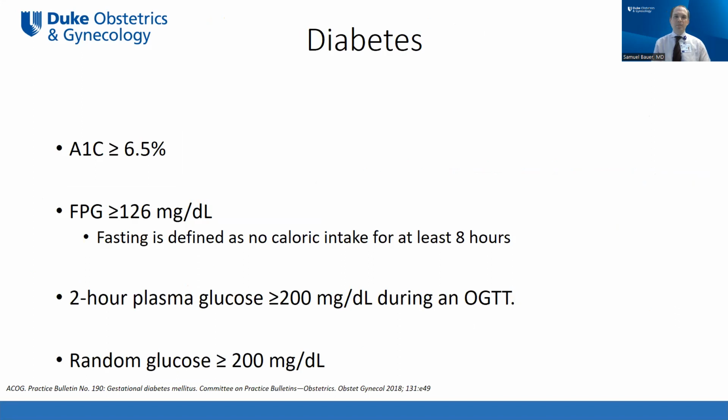I wanted to just remind us what our definitions for overt diabetes are. If you have a patient that has an A1C at or greater than 6.5%, a fasting glucose of 126 or greater, fasting being identified as no caloric intake for at least 8 hours, or a 2-hour plasma glucose of greater than 200 after an OGTT, or just a random glucose,